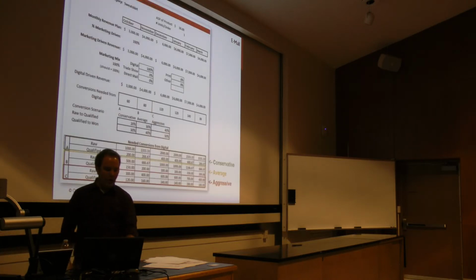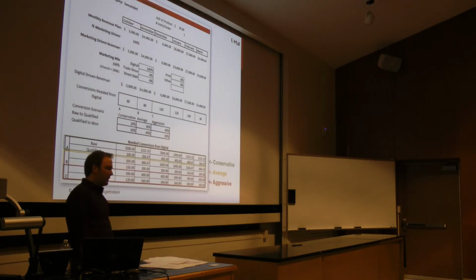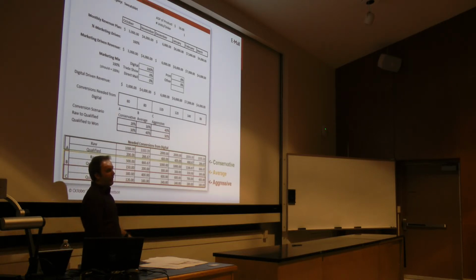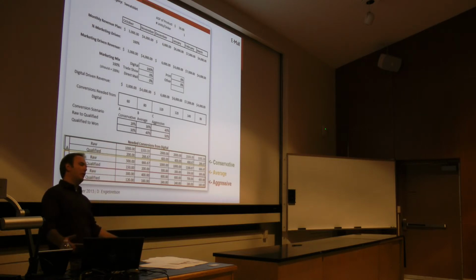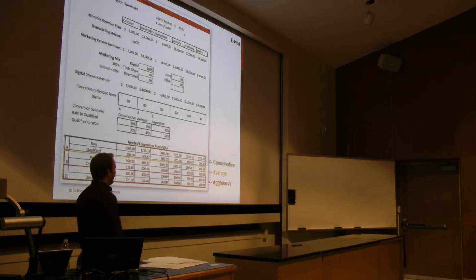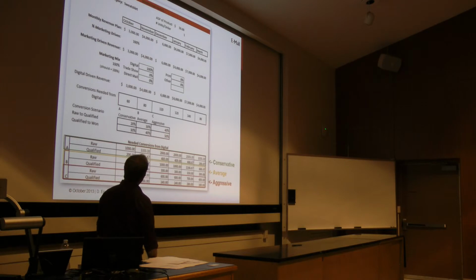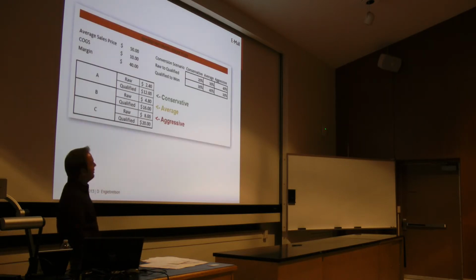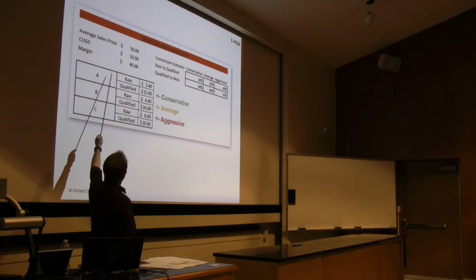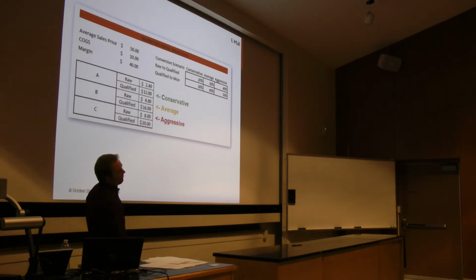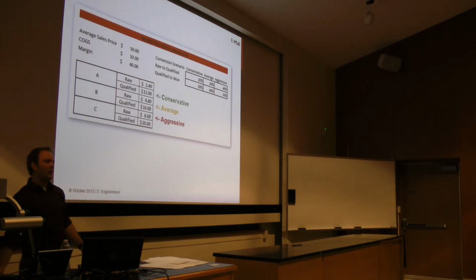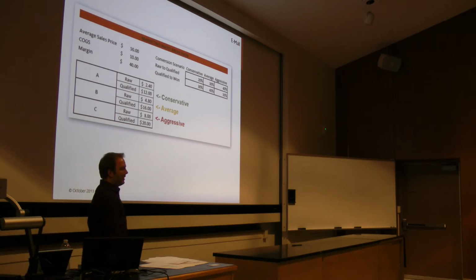So going back to our list here, we already were way over our target for the month, but I only have to spend $7.50. It's not that hard to send an email, so I'm going to go ahead and do it. So I'm going to get my extra 14 sales a month. And we're going to look at the cost. So back up here, really up here is what we're looking at. We still have $40 of margin left in the product. So if I spend $7.50 on that, I'm still making money on the product, not a big deal.